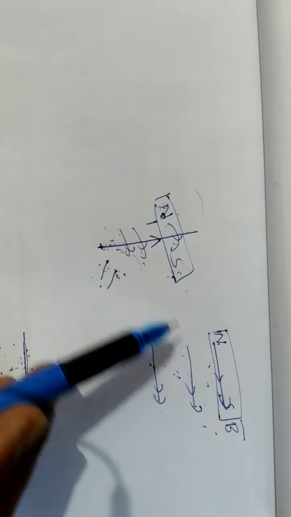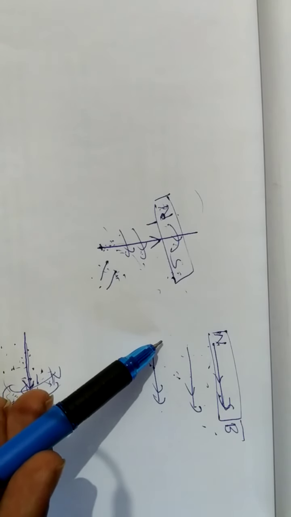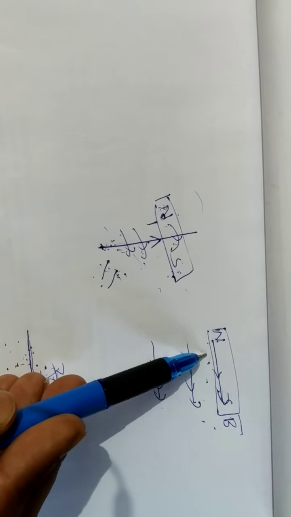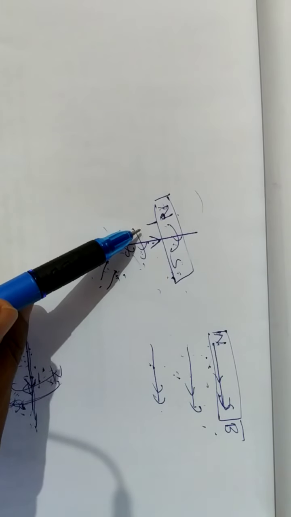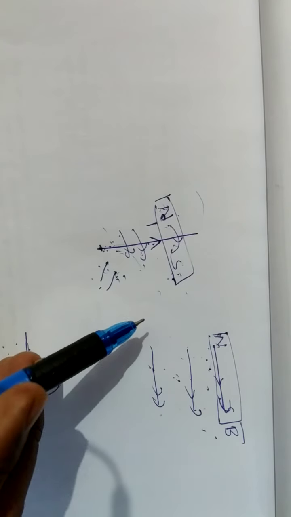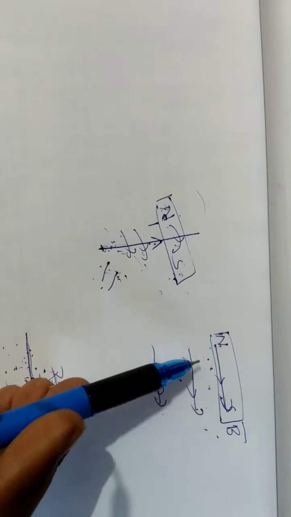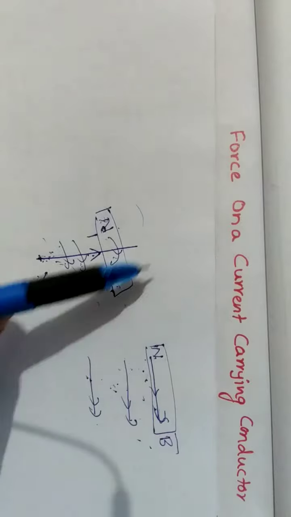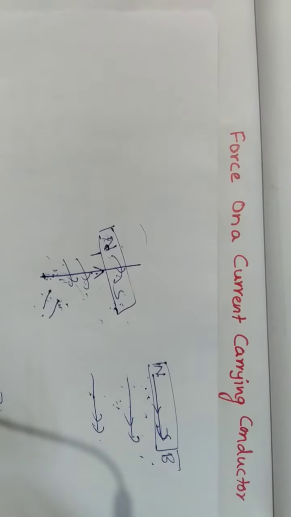Because of that interaction, some force is applied, like a Newton's third law action-reaction force. This current carrying wire applies some force on this field, and this field applies the same amount of force on this current carrying wire in the opposite direction. We cannot calculate the field's force; we will calculate the amount of force acting on this current carrying wire due to this magnetic field. That is what we call the force acting on a current carrying conductor. Now let us look into the details.